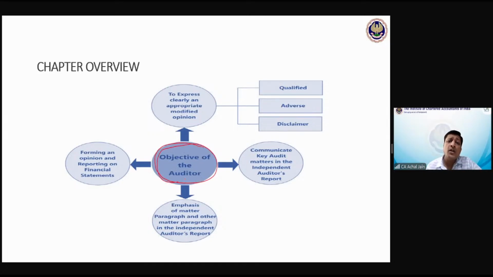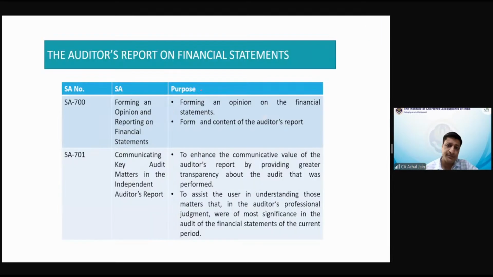Okay, wherein the auditor will express an opinion. Now it doesn't matter whether the opinion will be clean or modified. We'll discuss all of these terms. What do you mean by clean opinion? What do you mean by modified opinion? All of these things we'll discuss as we move further. But the important point is that this opinion will go out. Yeah, and this is what the entity is waiting for. Okay, now